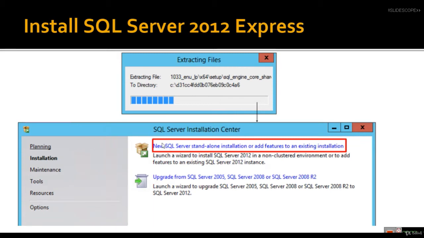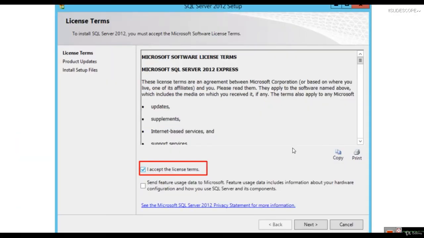Then in the SQL Server Installation Center window, you have to click on New SQL Server standalone installation. Now read the license terms, and if you agree, click on I accept the license terms and then click next.